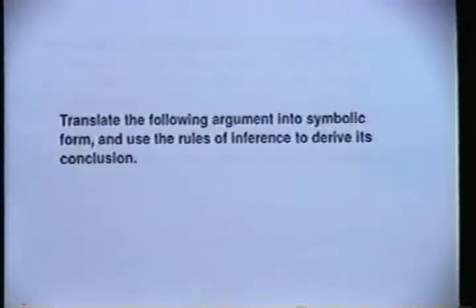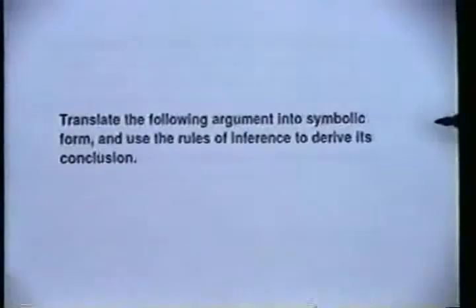Now we get to the real power of this system, which is the power of being able to take an English argument, translate it into symbols, and show that the conclusion of the argument validly follows. What we're doing here, in a sense, is combining a skill that we learned in Unit 8, the skill of translation from English to the symbols, with the deduction skill that we have just been practicing. So we are going to do one problem of this sort, translate the following English argument into symbolic form, and then use the rules of inference to